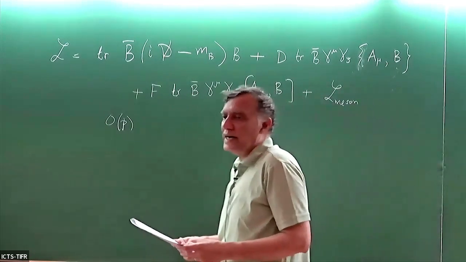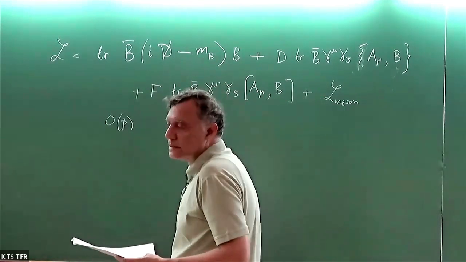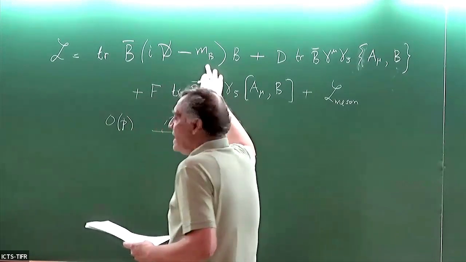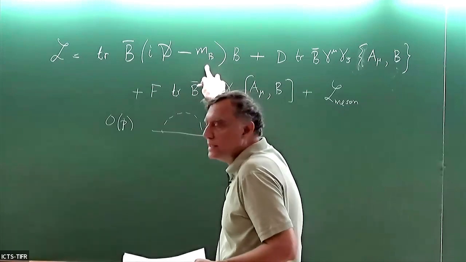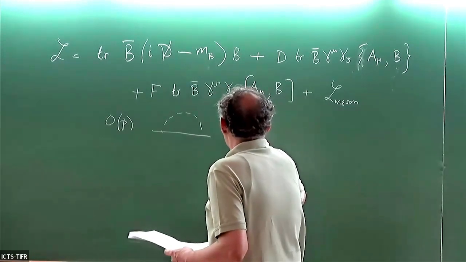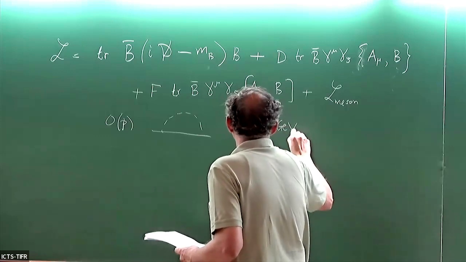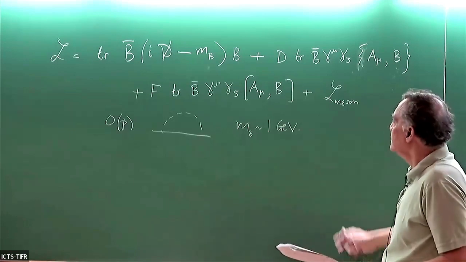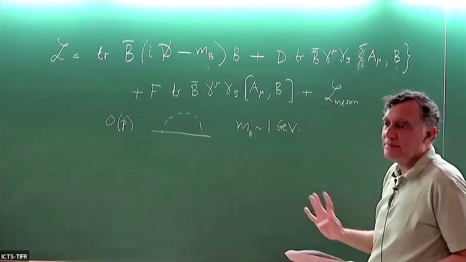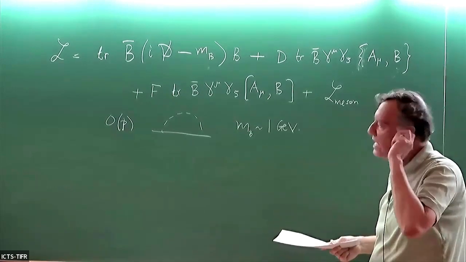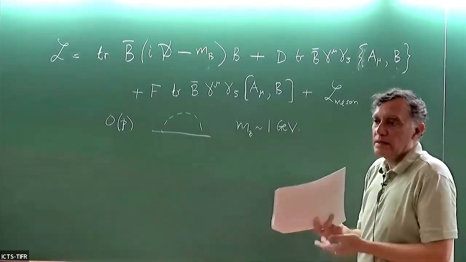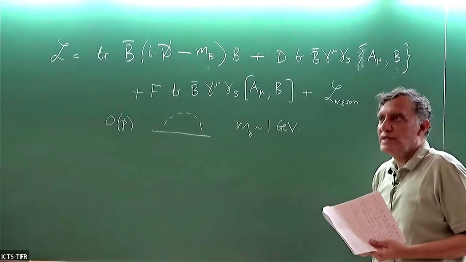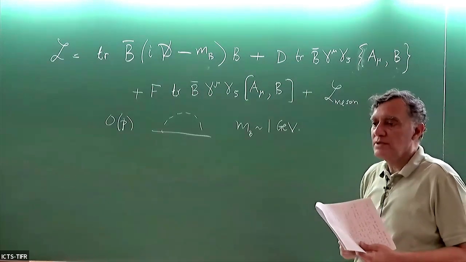The other thing you find, if you start doing loops with this, is that when you start doing loop diagrams with pions, you get the mass M_B in the propagator. And the baryon mass is about 1 GeV. And you can get factors of the baryon mass, and it messes up the whole chiral power counting, because now you have a big scale which is comparable to the scale of chiral symmetry breaking. So if you naively do baryon chiral perturbation theory, you'll run into trouble.